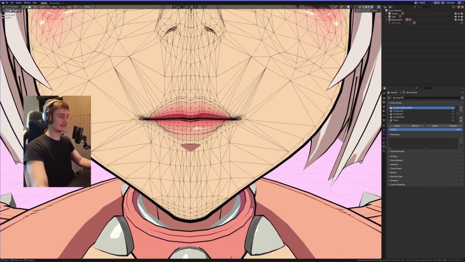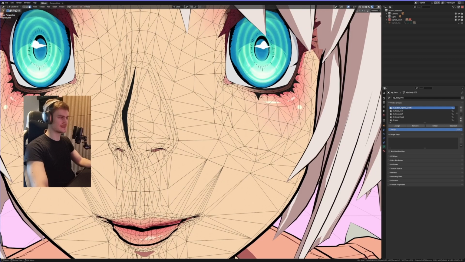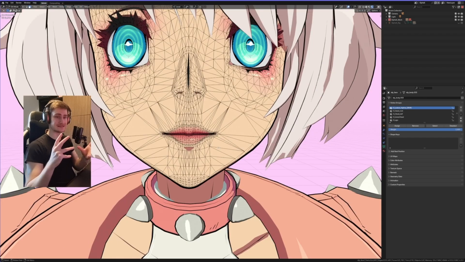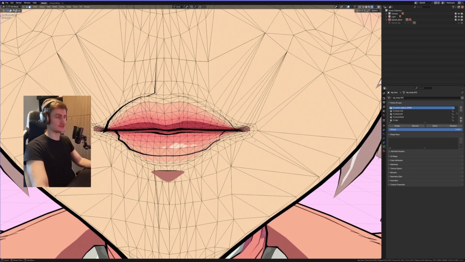You can see a ton of geometry around the lips right here. Look how much geometry there is. It's so much more compared to the face right here. And the reason for that is that anime oftentimes has very extreme mouth expressions. And to create those mouth expressions, you need, of course, a lot of geometry so that it looks nice and